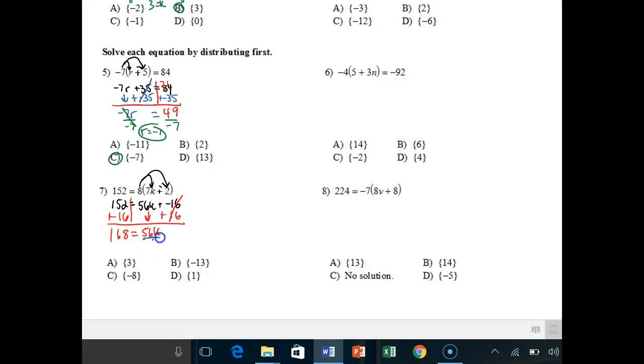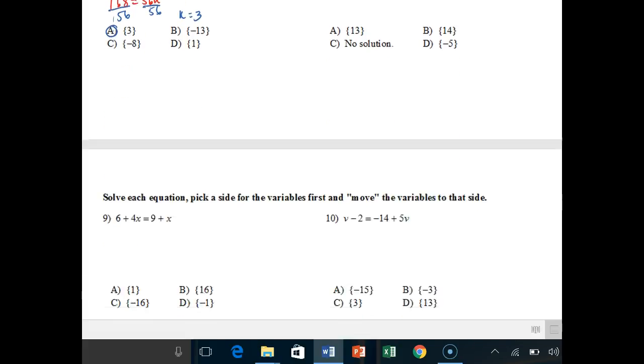And even though you don't know what 168 divided by 56 is, you can look at your answer choices. I mean, how many times do you think 50 is going to go into 160? It's going to be 3 times. K is equal to 3. Notice I'm not making you check, but you could easily take your answer and plug it in and see how both sides add up to 152. On the back side,